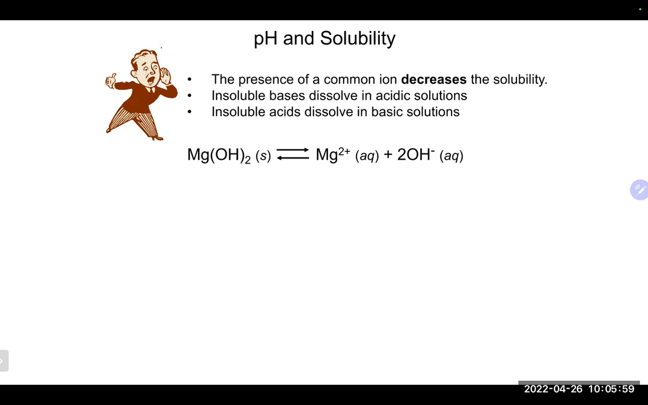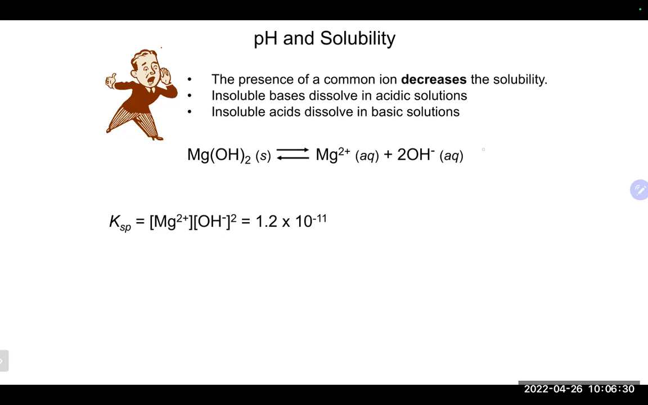When we have insoluble bases, they typically will dissolve in acidic solutions, and vice versa. If we have an insoluble acid, it typically would be more soluble in basic solutions. So if we take a guy like magnesium hydroxide, which is obviously a base, and run through our solubility calculation like we did before,